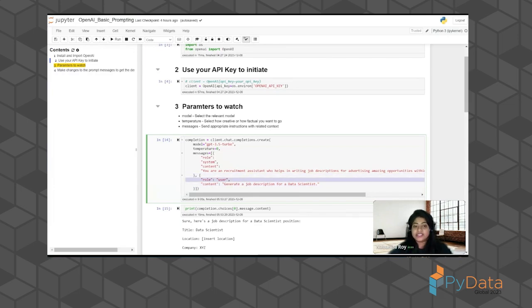So what it does, it detects if the role is system, then it understands it's an environment setting the context for the conversation to start. And then for role user, it'll start sending back some responses to your queries. You can also pass in more messages, append more messages from the system, from the AI as well.